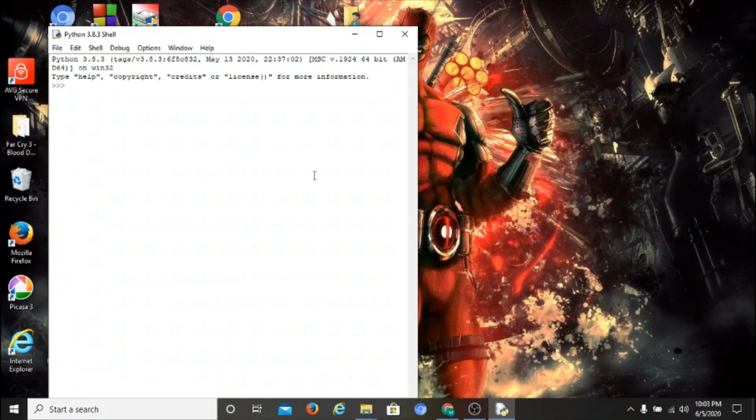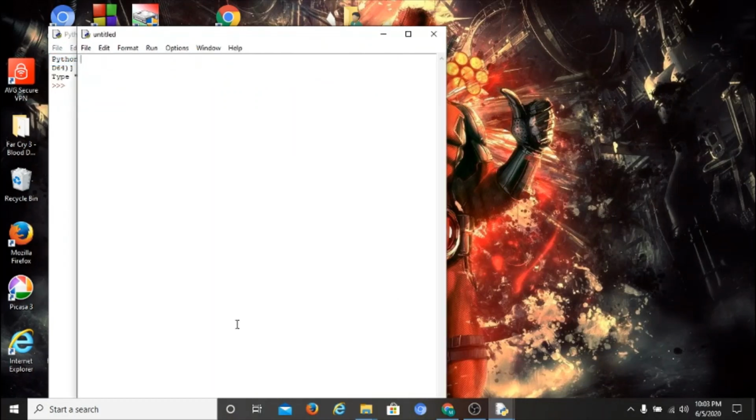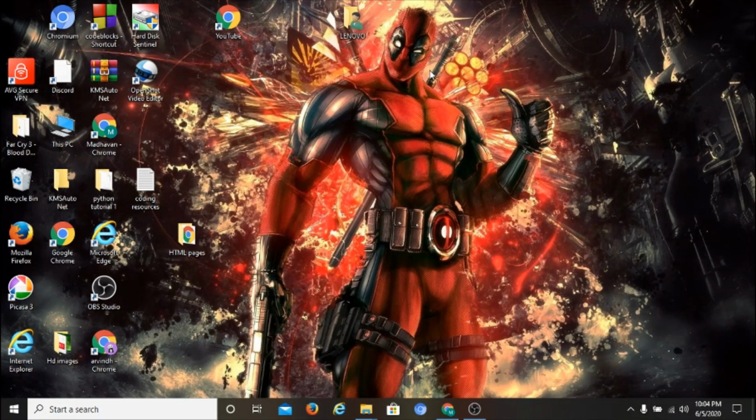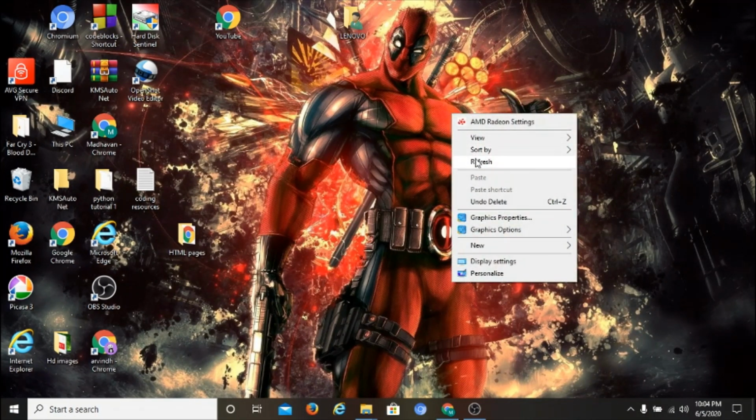Here it is used in two ways. You can use it as an interactive shell, and you can also create a new file where you can write Python code or a Python script, where you can automate tasks. We can learn further about this in the upcoming tutorials. Now I'm going to check whether it is working by giving it some operation. 5 plus 10 gives me 15. Yes, it's absolutely working fine. So these are the two ways you can work with Python.